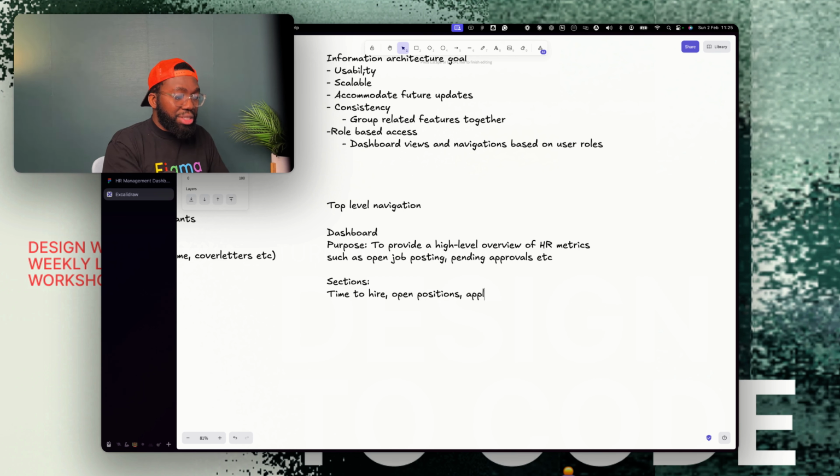Still on the dashboard, we also need to start thinking about the recruitment page. What will the recruitment page look like? On the recruitment page, you have job listing, which is more like job posting. You should be able to create a job, edit, and then posting status: draft, published, closed. Let's say draft, edit, close jobs, and then job templates,